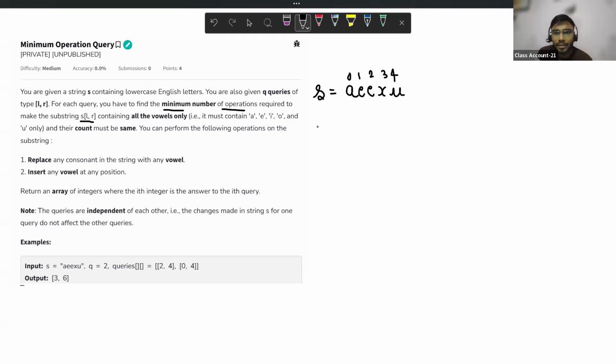If we are given a substring from L to R, suppose from 1 to 3, this means L and R are the indexes, and from 1 to 3 my substring will be EEX. Now what should this substring contain? It should contain all vowels only. The first condition is all vowels only, and we all know the vowels: A, E, I, O, U. So all must be vowels.